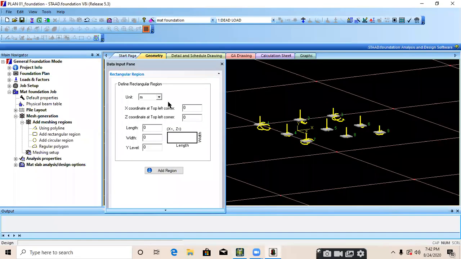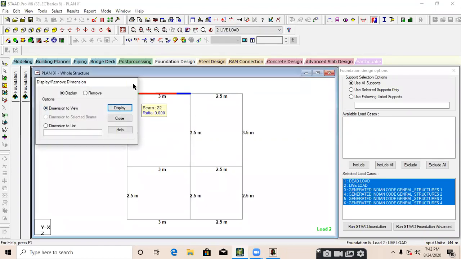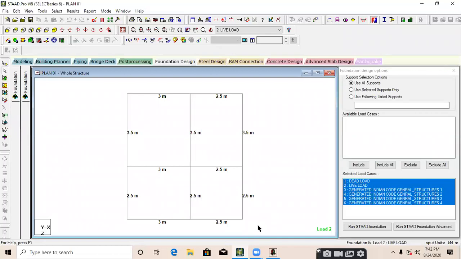So we provide -1 in the x coordinate and -1 in the z coordinate of the top left corner, because we created this building from 0, 0, 0. The first coordinate is 0, 0, 0. Go to -1 in the x direction and -1 in the z direction. Okay. Now what about the next coordinate, the lower right coordinate?